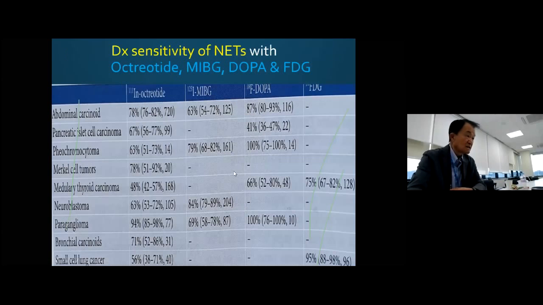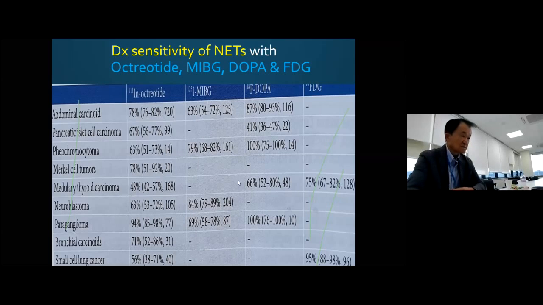The diagnostic accuracy of indium SPECT octreotide is around 70%, but there's quite a variation. Some are 49, some high, depending again on the amount of different kinds of receptors, their amount and functioning, etc. And the MIBG goes to chromaffin granules, so depending on how many granules, pheochromocytoma and paraganglioma are supposed to be high.